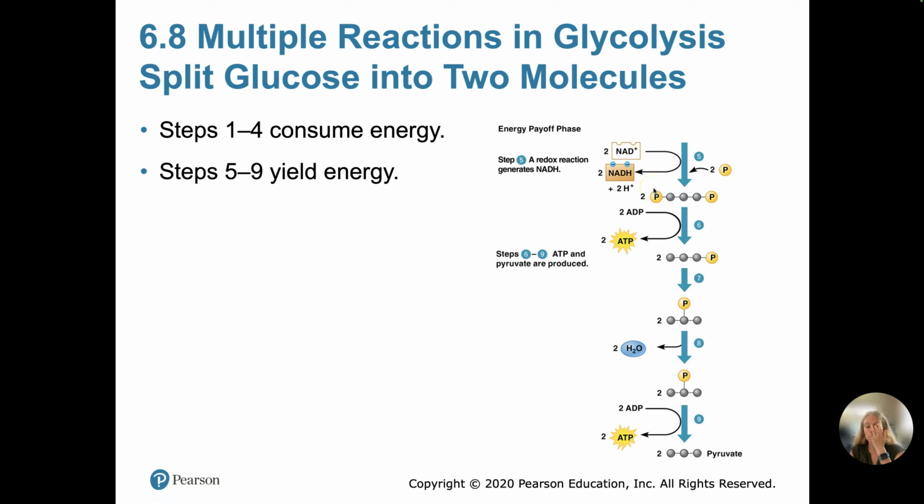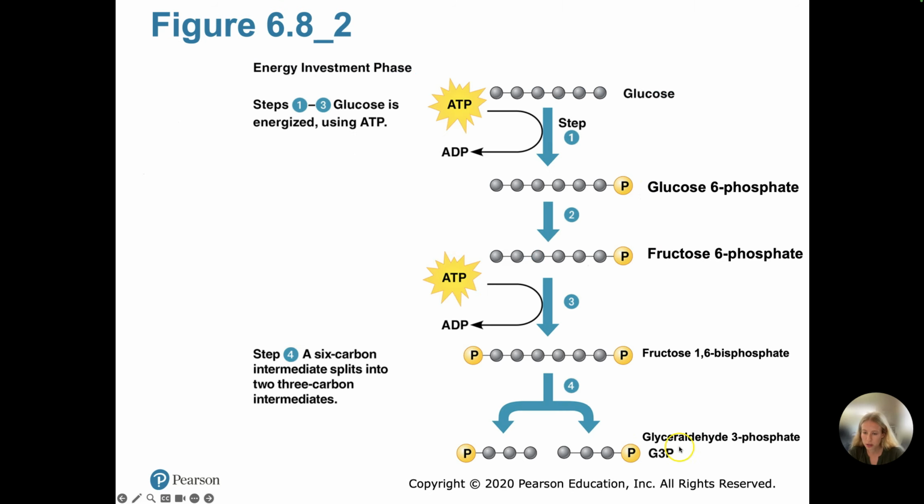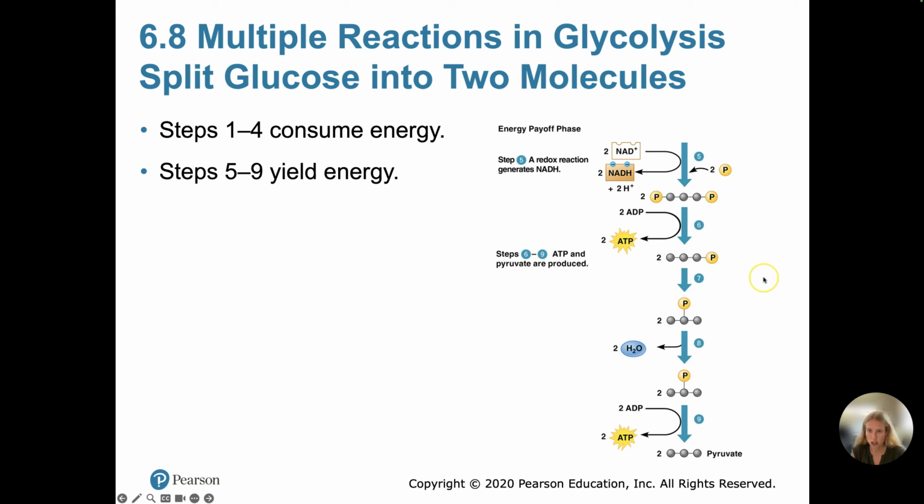steps. So each G3P molecule will generate an NADH, but there's 2 G3P molecules right here. So 2 NADHs, so on and so forth. Phosphate is added back in here, 2 of them, 1 for each of those G3P molecules, and we end up with 2 3-carbon compounds with phosphates on either end. In step 6, ADP is phosphorylated to form ATP by substrate level phosphorylation. And then in step